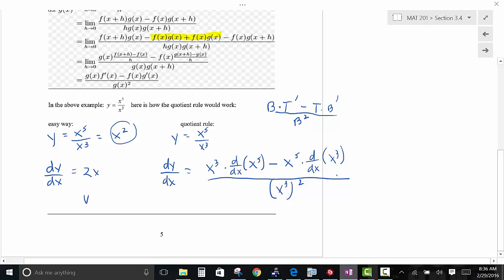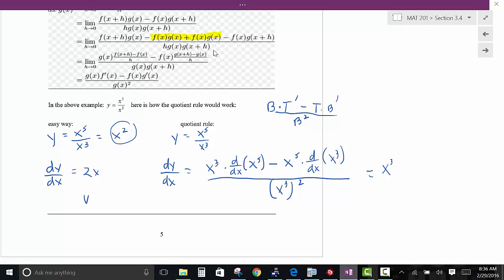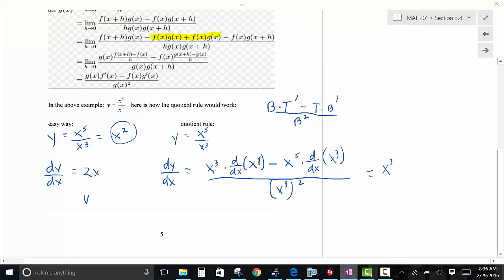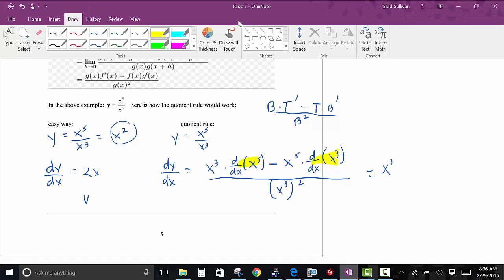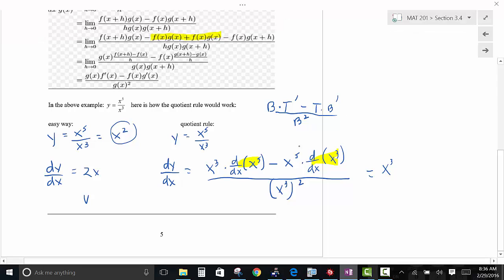Now let's put this together and see what comes out of this. This is x to the third. What you need to do is these two derivatives, and then we'll clean it up and see what happens. Then it's just a matter of algebraically simplifying. What's the derivative of x to the fifth? 5x to the fourth. And what's the derivative of x to the third? 3x to the second. What's the value of the bottom? x to the